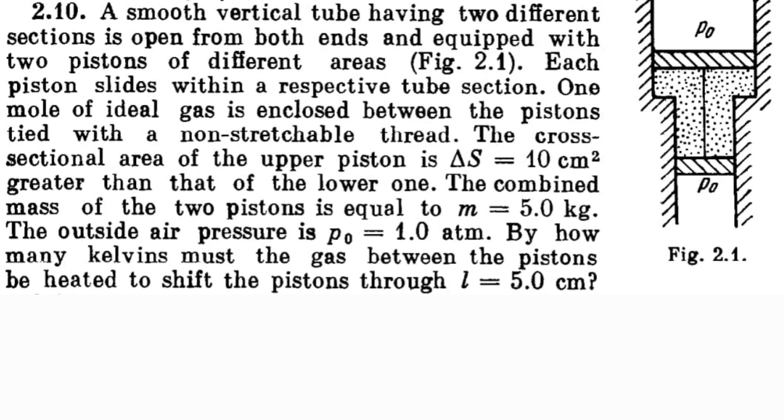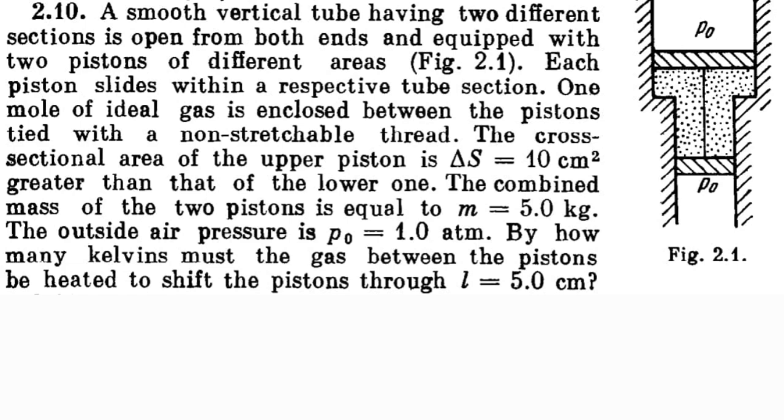So we are dealing with problem 2.10 in the Irodov solving series, and the problem is stating a smooth vertical tube having two different sections is open from both ends and equipped with two pistons of different areas. Each piston slides within a respective tube section. 1 mole of ideal gas is enclosed between the pistons,